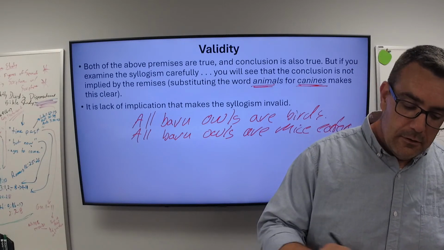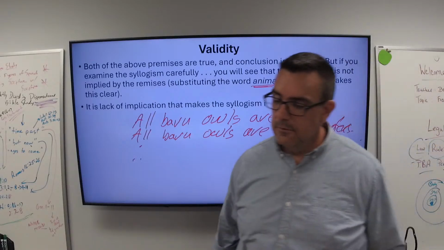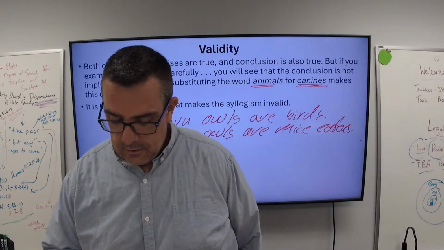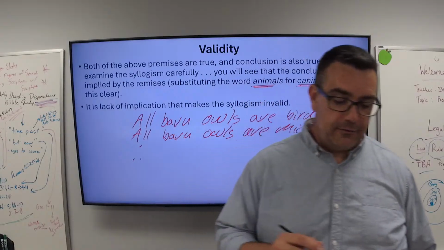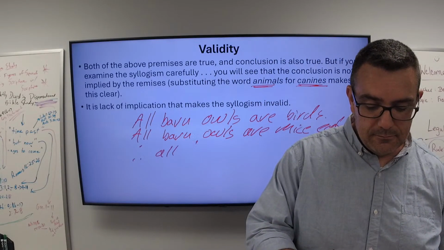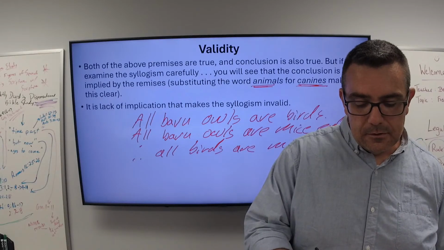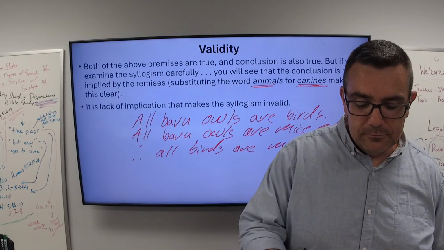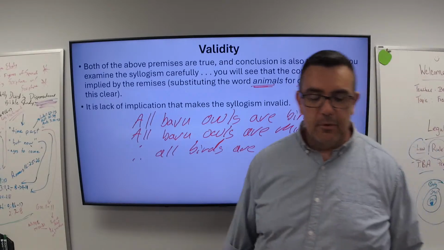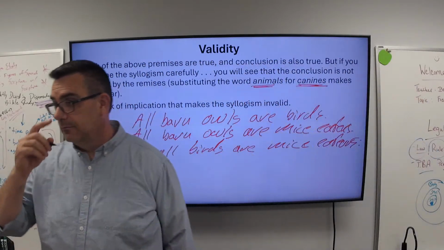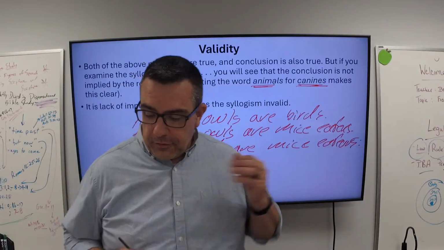Okay? Therefore, three dots. Therefore, all birds are mice eaters. Is that true? No. Are there a lot of birds that don't eat mice? Yeah. Okay? So if we think about this,